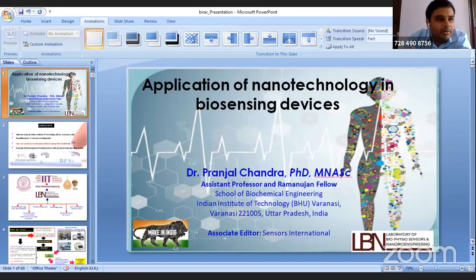Moreover, there are reports where people explore nanoparticles which have not been explored. That is also one of the areas people are working on: this nanoparticle or this nanoparticle composite has not been tried, so let us try and check how it works in a sensor design. That is also one of the aspects people are working on.